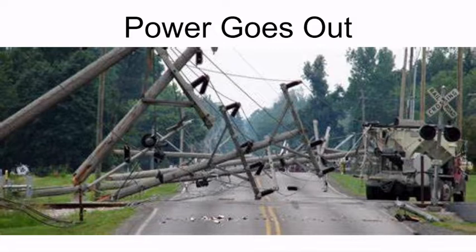So if a tornado hurts the power line, the electricity might go out in a home or a business, any building that uses electricity for their lights, for their air conditioning, to charge your phone, to keep the refrigerator going. So sometimes if you've ever experienced the power going out at your house, it might cause some of the food in your refrigerator to go bad, or you won't be able to charge your phone and you can't turn on the lights in your house, so you have to use like a flashlight or candles.